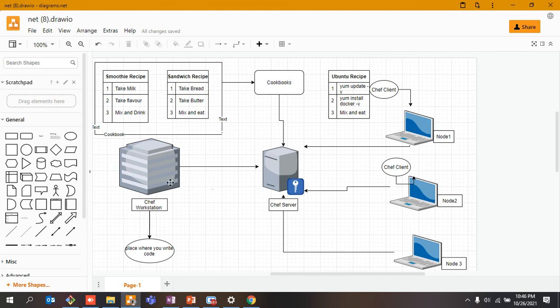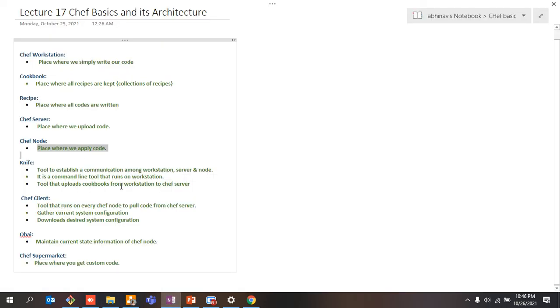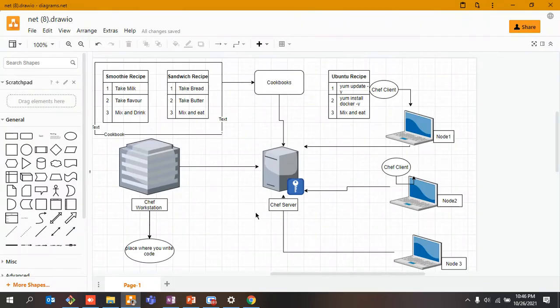It is a command line tool that runs on the workstation. I cannot show you right now, sorry. You install it, write some pieces of code, and that knife will help you transfer your code from your workstation to your chef server.